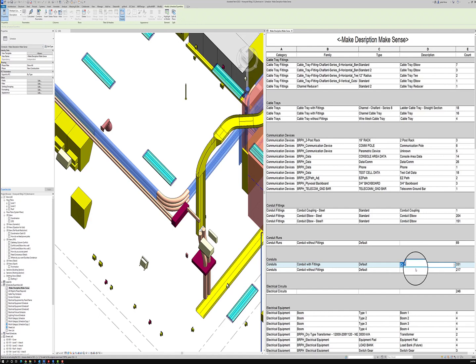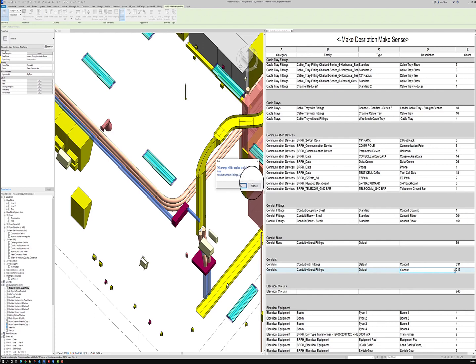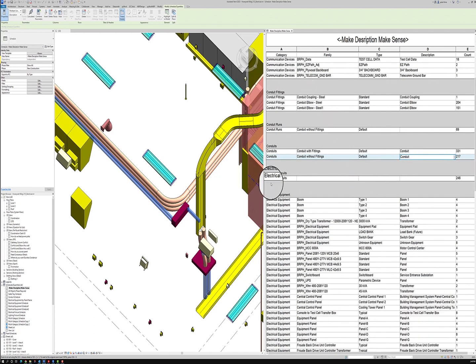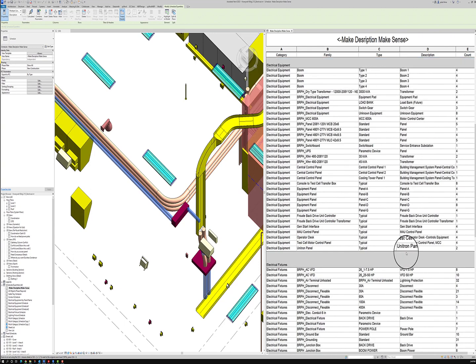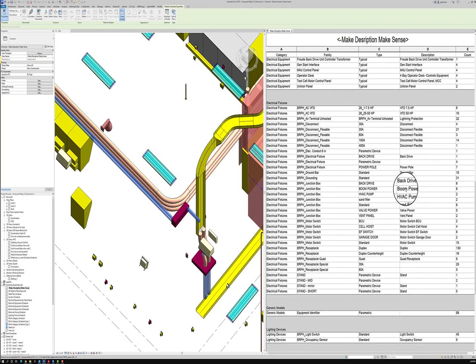Don't be afraid to copy and paste when you can. Sometimes you're not going to be able to copy and paste. That's where I say hit that double enter. Like I said, circuits don't matter. Now with this electrical equipment, I've already done all the naming in here, so that all makes sense. But the electrical fixtures,